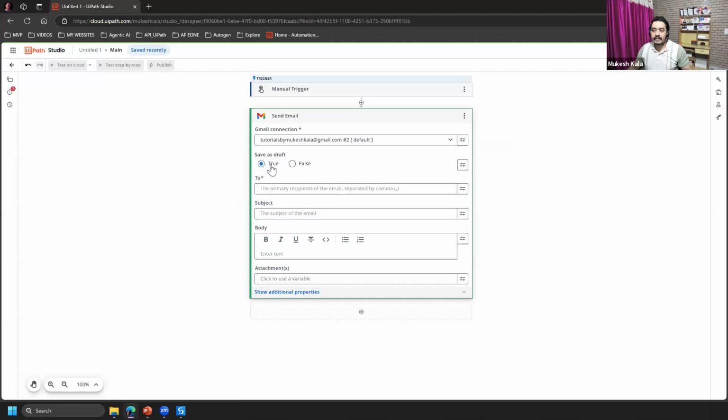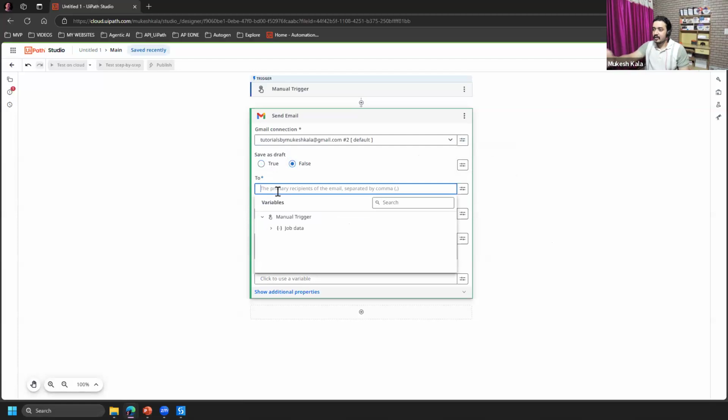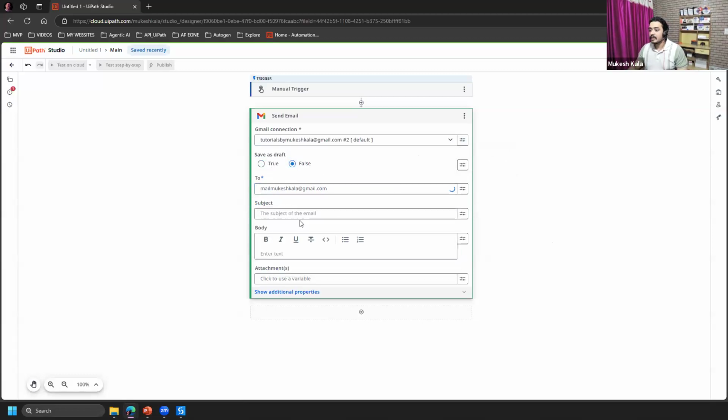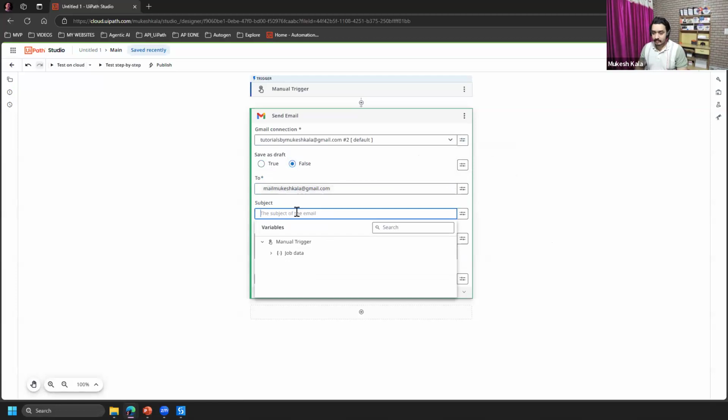And then save as draft. Now, whom do you want to send this email to, right? To primary recipient, comma separated values. Let's say I want to send it to my other email id, which is mailmukeshkala@gmail.com, right? What do you want to write in a subject, right?